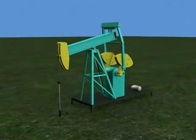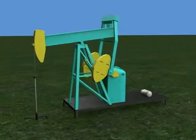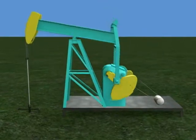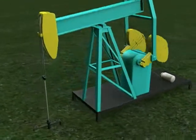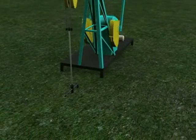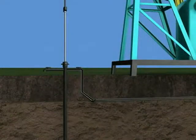At the surface, a pump jack has been installed to operate the pump down hole. Pump jacks are powered either by a natural gas engine or more commonly by an electric motor. As the rods connected to the downhole pump move up and down, oil is forced up the tubing